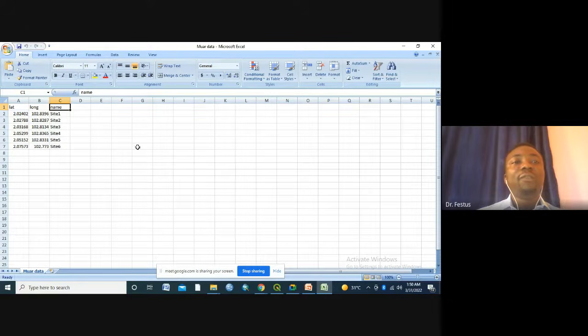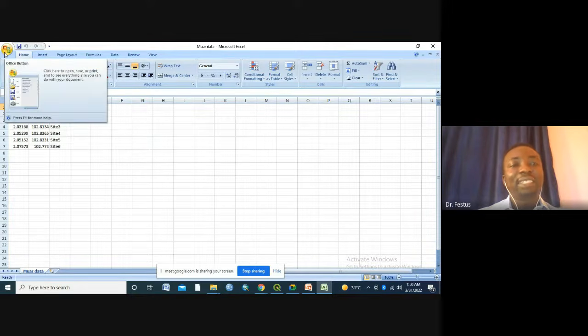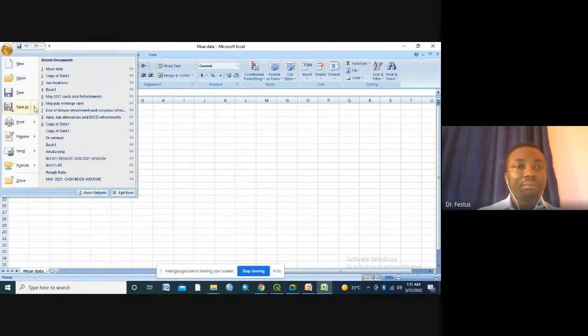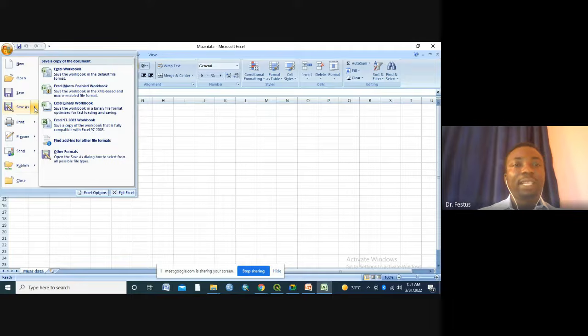So if you have this, as you put it on an Excel sheet, QGIS will only accept the Excel sheet in a comma delimited text format, or CSV format. It will not accept any other format. So you have to go back to your save as, which I've already done mine like that. So I just want to show you. So save as, then just click